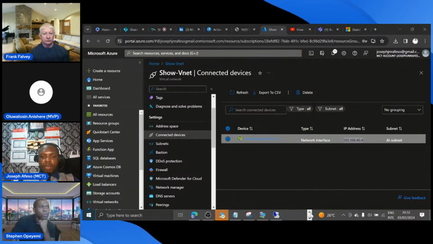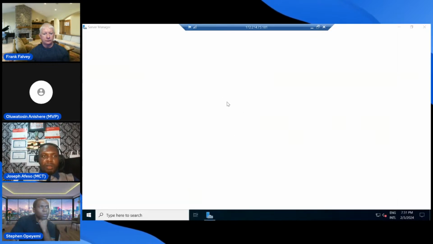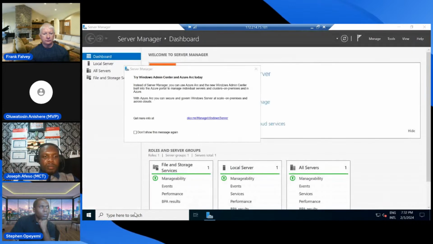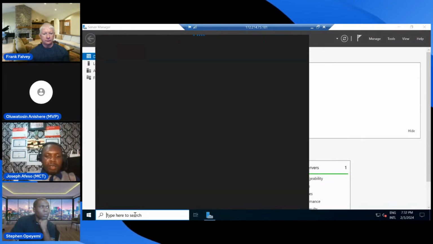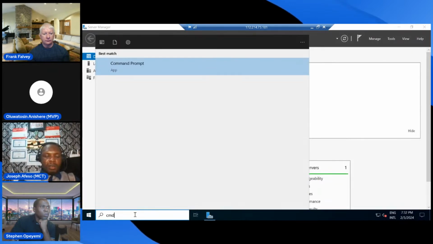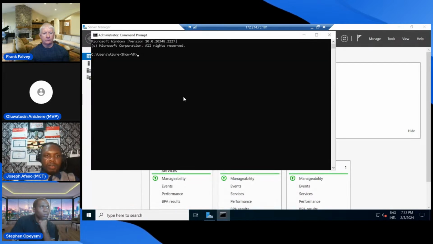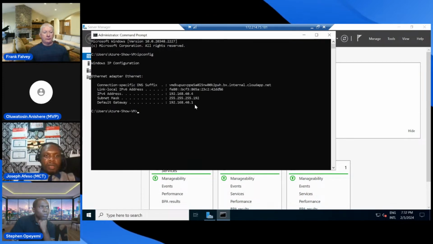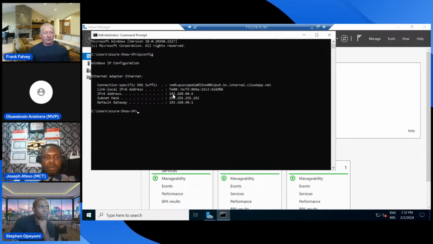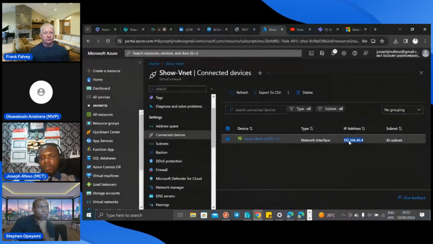All right. Now that the machine is up, let us quickly open CMD to see the IP address given to this machine. IP config, and we can see that it is 192.168.40.4. That is the same thing as what we see assigned to it here.